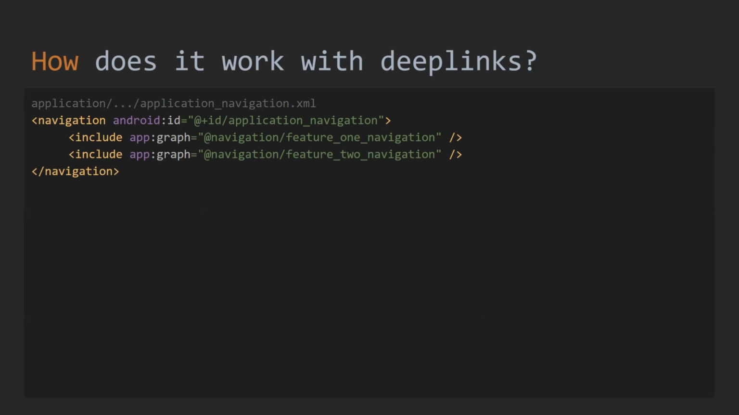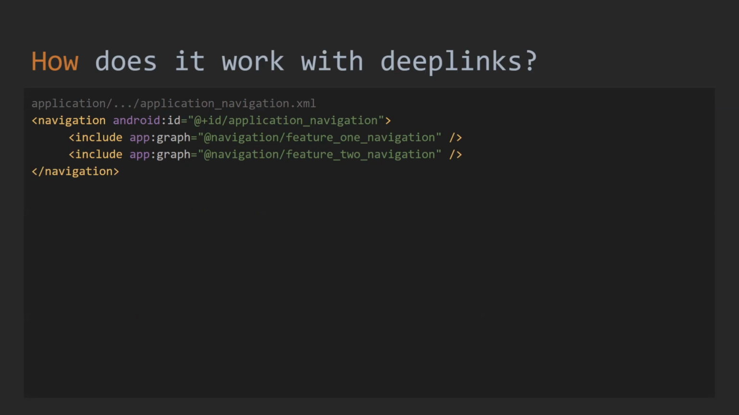It's basically just including the other graphs from our feature modules. Nothing complicated here, just merging everything together to be used. Now that we've got our feature level graphs and our application level graph, let's look at how we actually perform